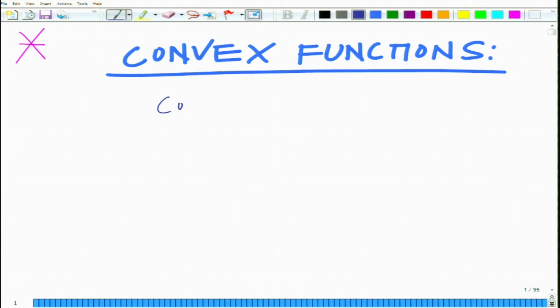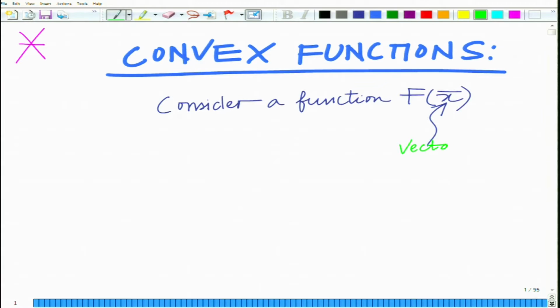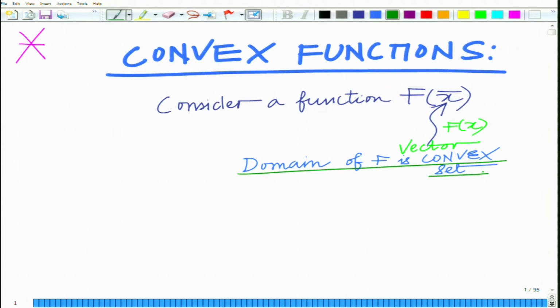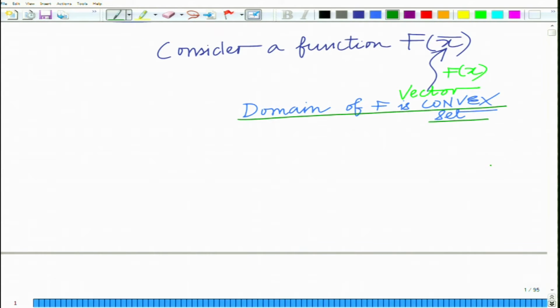A convex function, for instance, can be defined as follows: consider a function f of x bar. Now, x bar can be simply x, or in general it can be a vector. So, you can also have f of x, but in general you can have f of x bar, that is a function of a vector. Now, let also the domain of f, that is the set over which it is defined, be convex. We have already seen what is a convex set. So, the domain of f is a convex set, plus f is convex